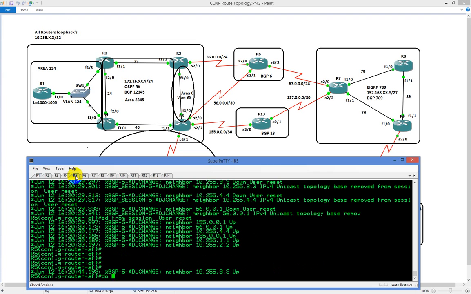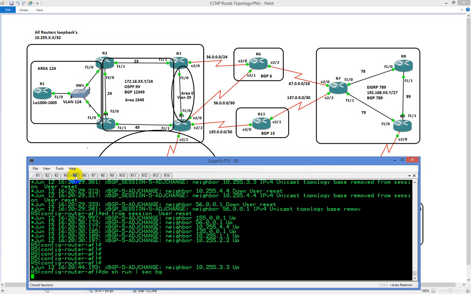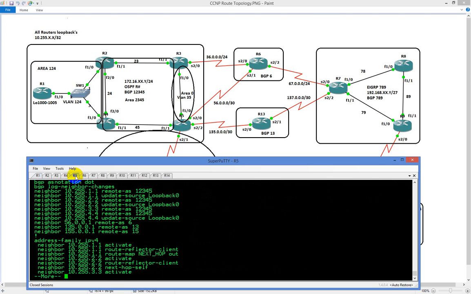Let's do a do show run pipe section BGP. That's probably why, I have the next hop out. I don't think that would be the problem, but let's do a